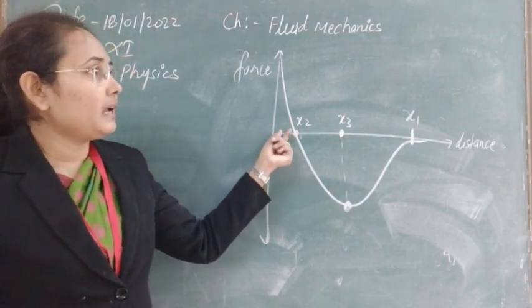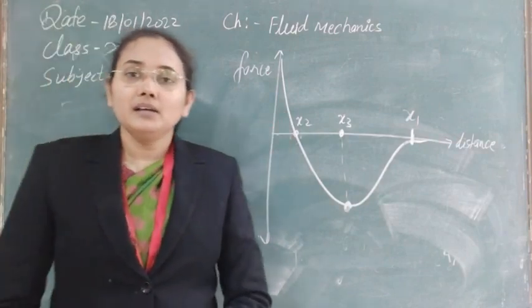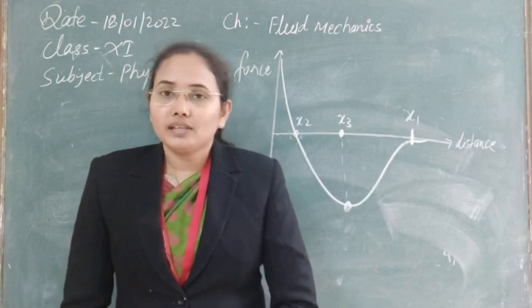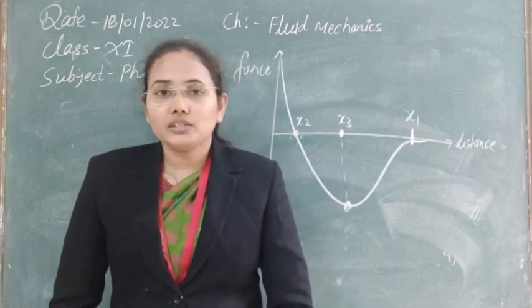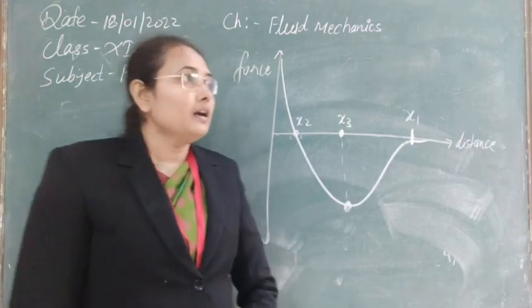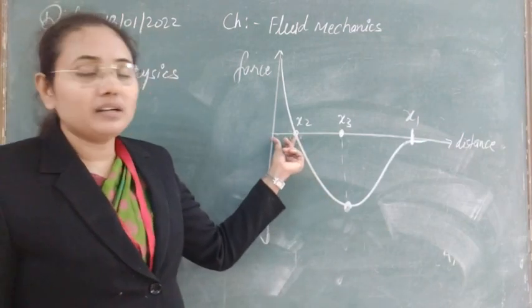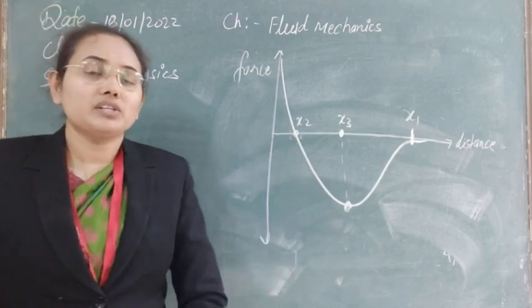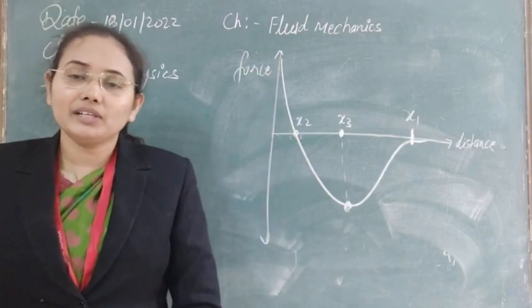x2, at that time the forces acting on them become repulsive. So that's why two molecules cannot collide with each other to destroy each other; instead they start to repel even when they come closer to each other. So this is the way in which the intermolecular forces work with distance.